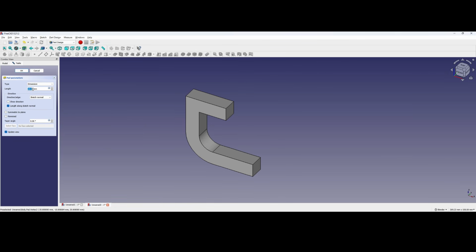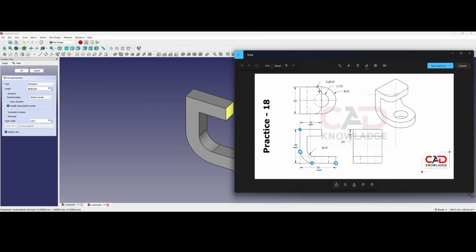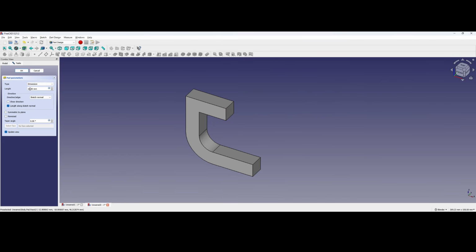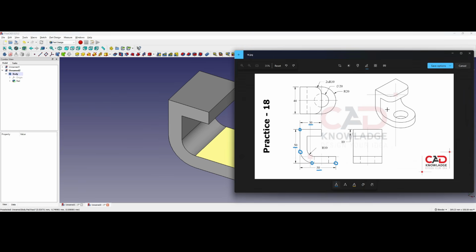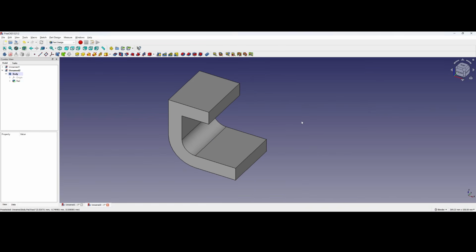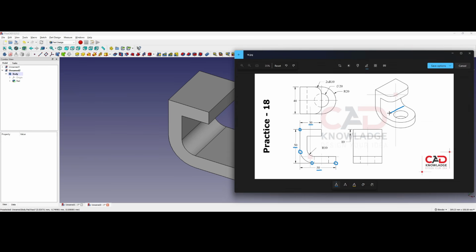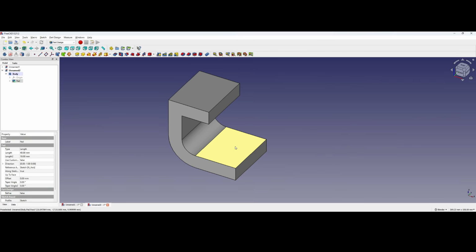The default value of the length is 10 millimeters. But if we reference our sketch or our diagram, we can see that we need a 40 millimeter length. So we can change this value to 40 and click OK. Now our object is ready for the circle that we need to cut through here. So you can see the circle is going to be on this bottom face here. So if we select this face and then create a sketch,